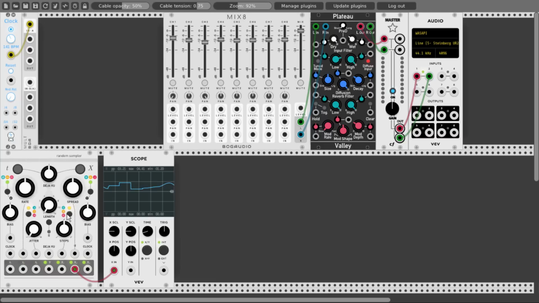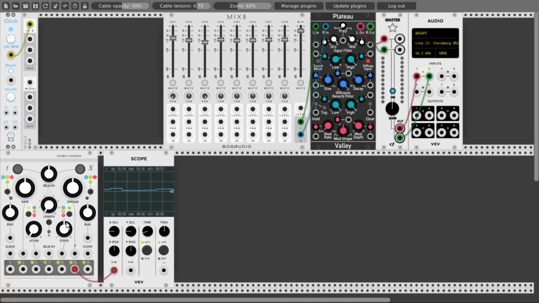Now with this button here, we can change the range of the signals. We have 0 to positive 5 volts, like it is now. Negative 5 to positive 5 volts, the red mode, so we have a bipolar signal. And 0 to positive 2 volts, the green mode, which is perfect for pitch modulation, since 2 volts means 2 octaves. And with the spread and bias knobs, we can change the range even further.